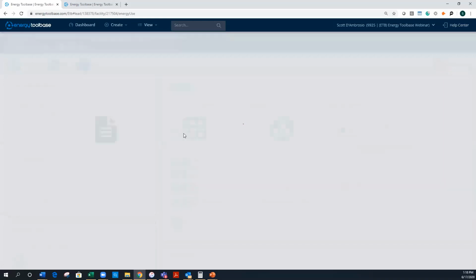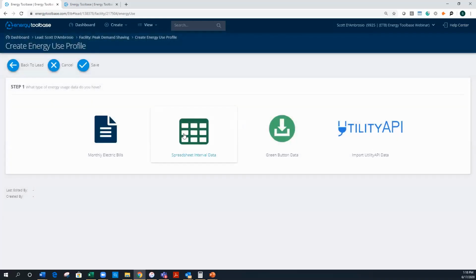And once we do this here, you'll see options to do so. Depending on where you are in the country, maybe it's easy to access interval data, maybe it's not. Those of you not familiar with interval data, it's a granular look at how a client uses energy. It comes in 15, 30, or 60-minute form. The more accurate information you give us, the more accurate results. But we definitely have options for you to be able to run storage even with monthly data, and I'll show